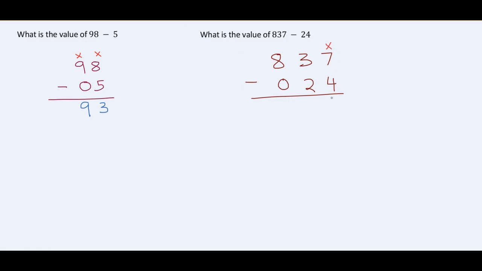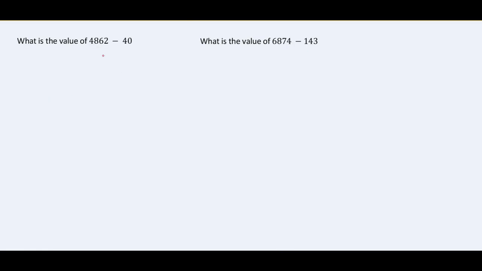7 minus 4, that gives you 3. Then we move over to the next column on the left. 3 minus 2, that will give you 1, and then we move to the next column. 8 minus 0, that will give you 8. Next example, we have